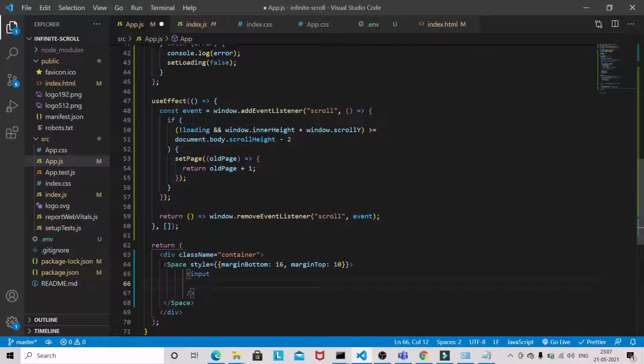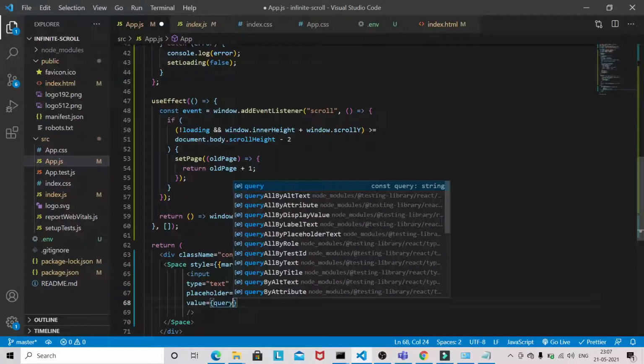So input will have type text, placeholder search image, value will be query.